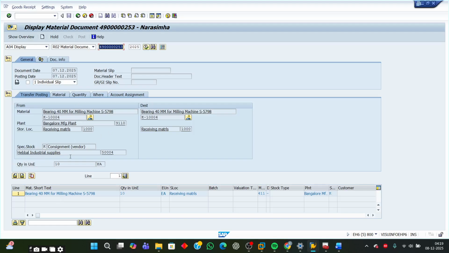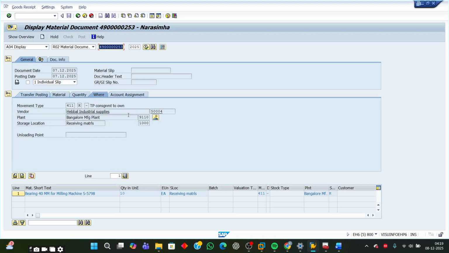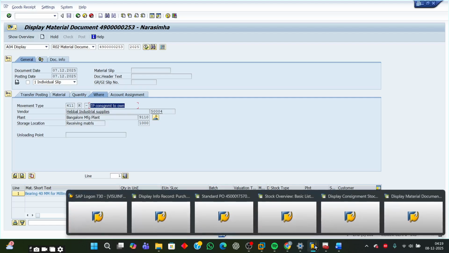Right here, we can see the material number, then vendor, quantity, and in the where tab we can see the movement type 411, special stock category K, and here the transfer posting consignment to own description also we can see very clearly. Okay, so now after we have transferred the vendor consignment stock to own stock, let us display the